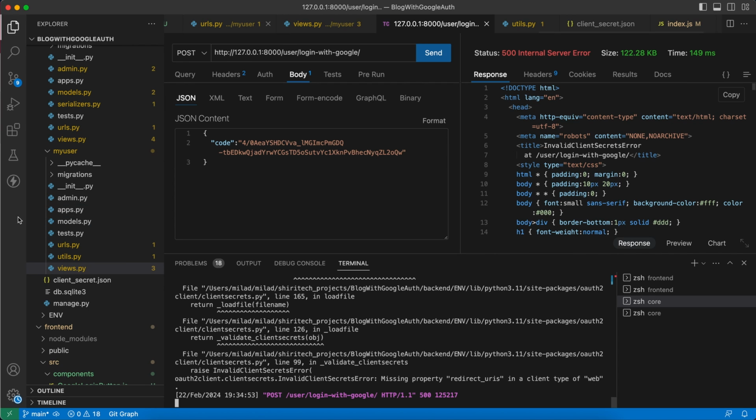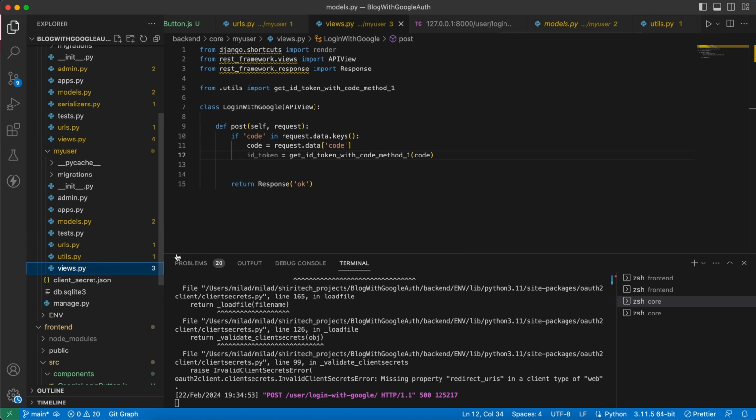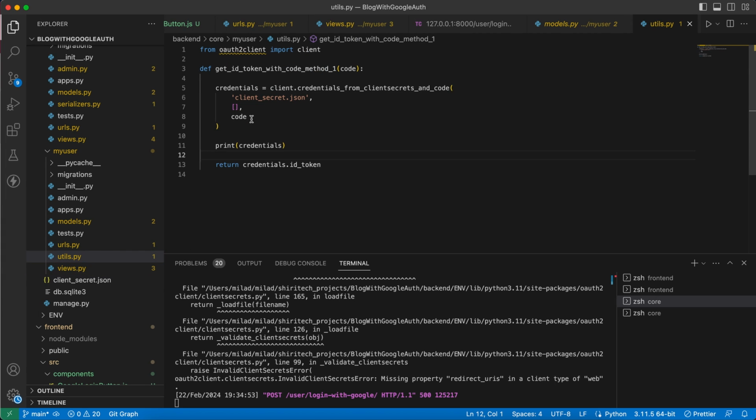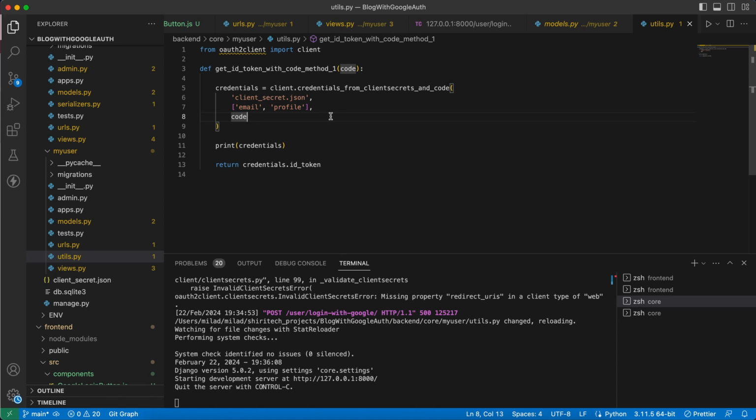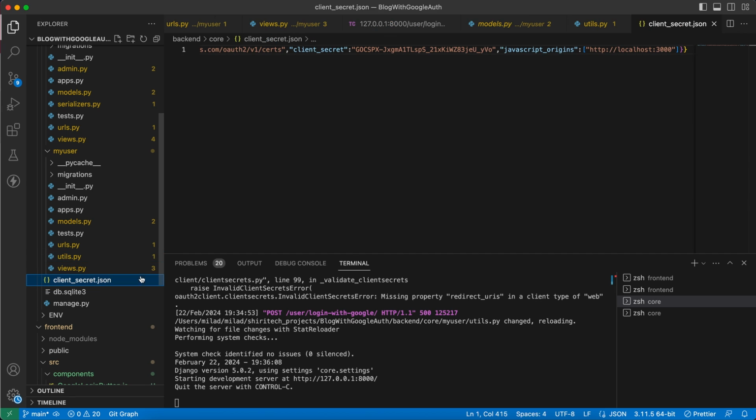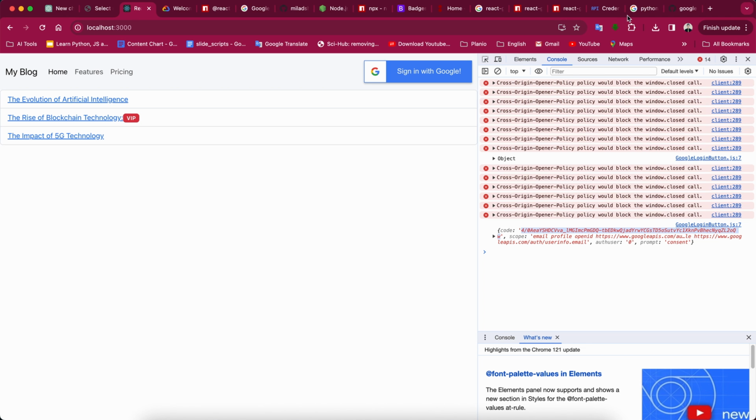Let me add the scopes as well there. So here I want to have a bunch of things. Email, for instance, profile. I can complete it later on. For now I think it's good enough. Let me check the JSON file here. I think something's missing from this JSON. We actually need to add,